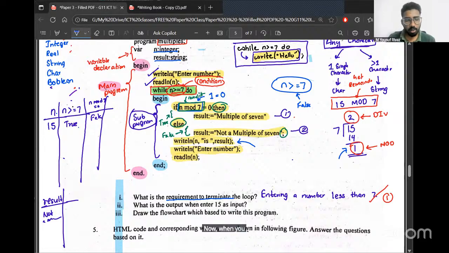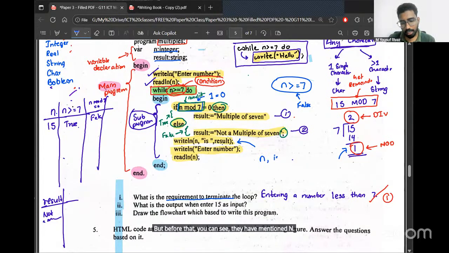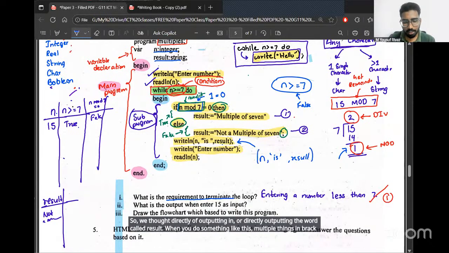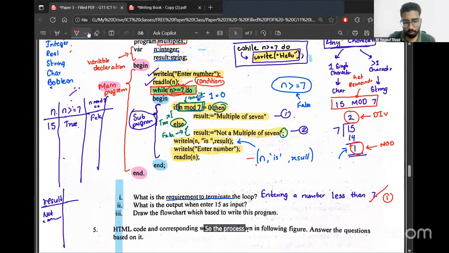Now, when you say n is result, you can see certain text written inside inverted commas and certain text not. You can see they have mentioned n, comma, is, and comma, result. So without directly outputting n or the word result, when you do multiple things like this in brackets, all these values are going to be joined together. The process of joining multiple values together, we call concatenation.